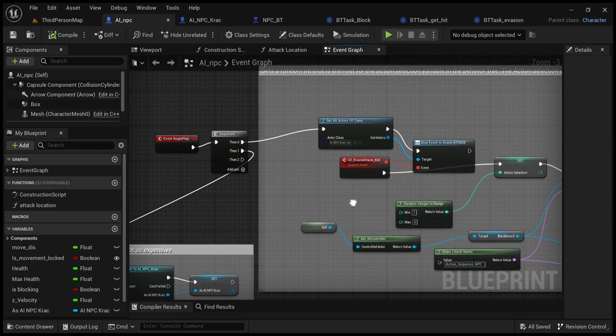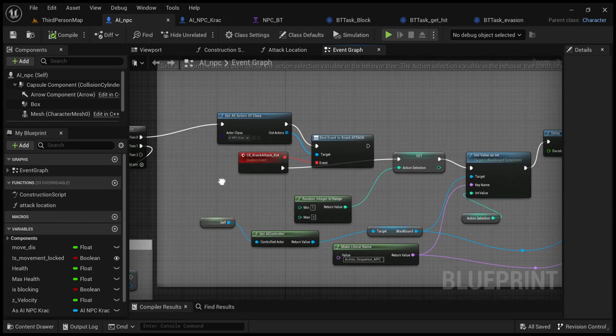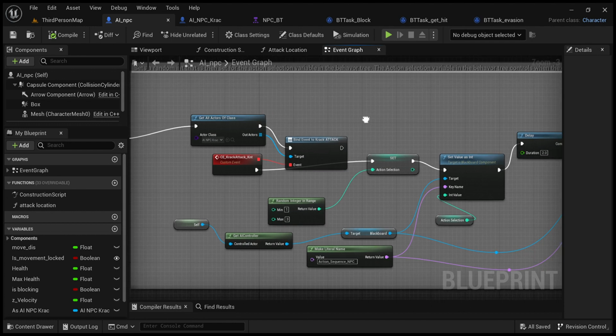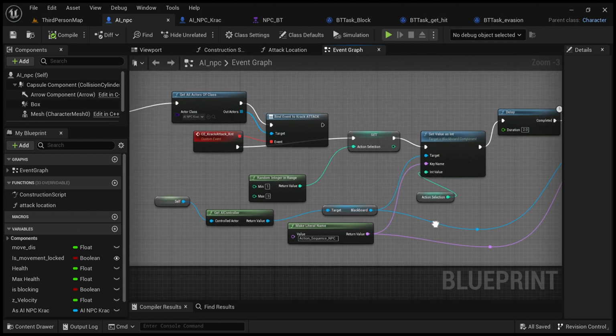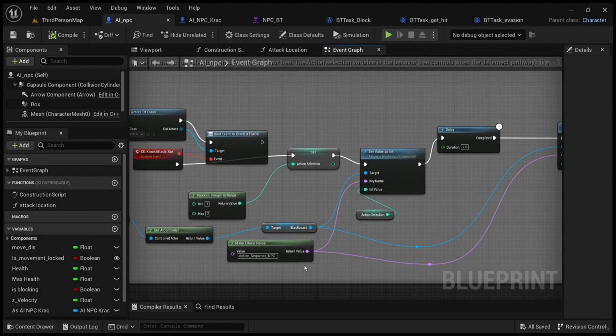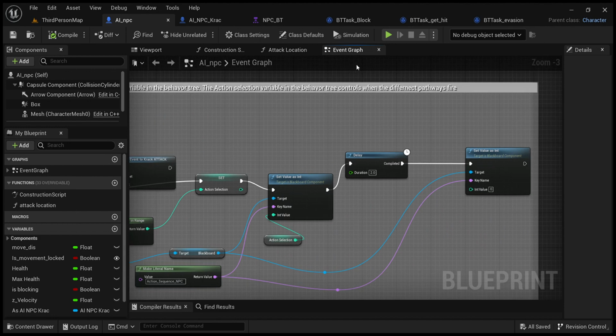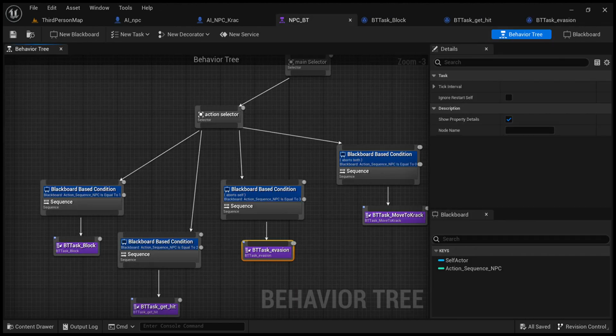Over here, you'll see that using the event dispatcher, which will be shown in a second in the Kraken, when the Kraken attacks, it randomizes a number from 1 to 3, and then sets that to the blackboard key action sequence,